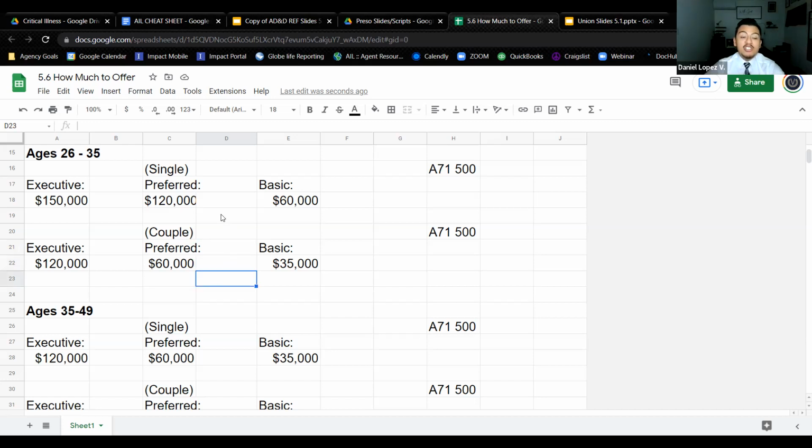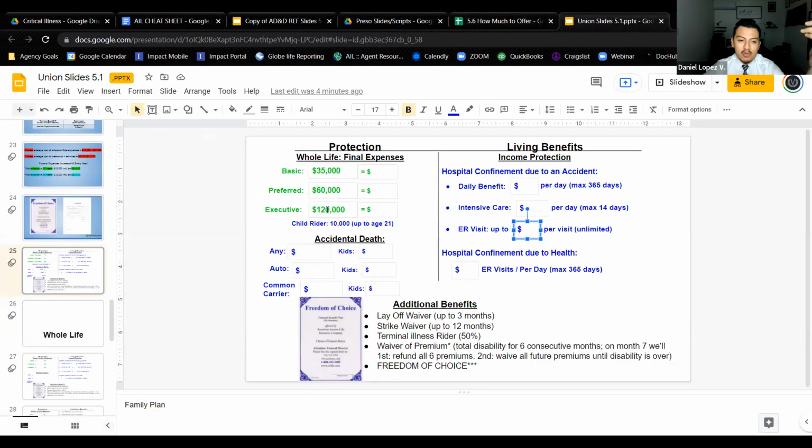Don't judge someone based on how they live and all like that, because even if it looks like they might be struggling with money financially, I encourage you to still show this. In fact, for everyone who's new, just stick to all of this, okay? Because if it's too expensive to them, it's too expensive, you can always go down. The next one after 35 will be 20,000, and then 15, and then 10, and then 5. You can always go down, but it's really awkward to go up. So if I'm showing this and they choose the 120, I'm like, oh, great. Well, now let me show you 150.